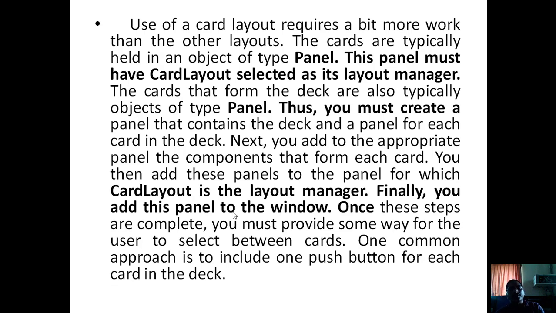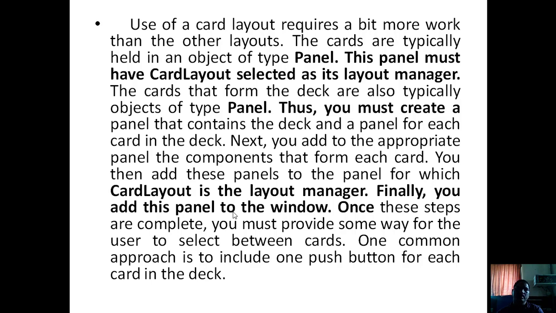Use of a card layout requires a bit more work than the other layouts. The remaining layouts, the previous layouts we have studied, are somewhat simple. To work with this card layout, we require a bit more work.